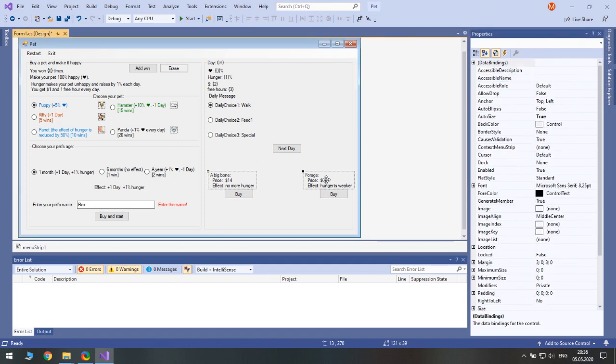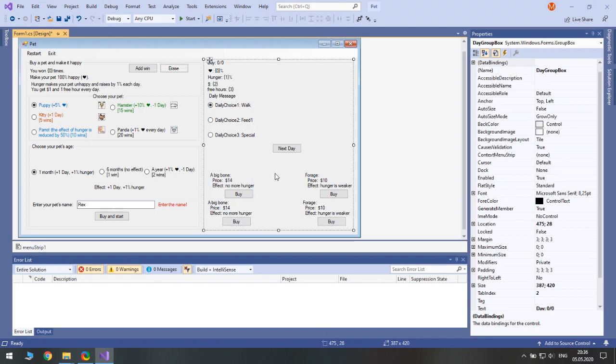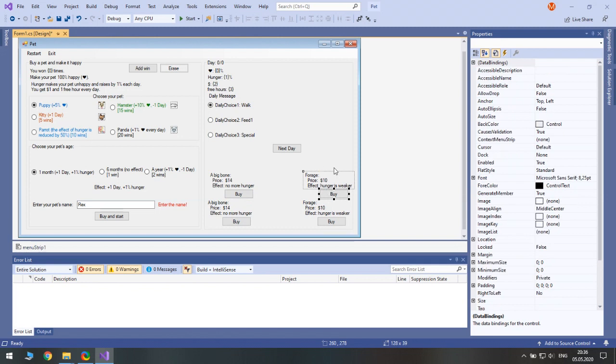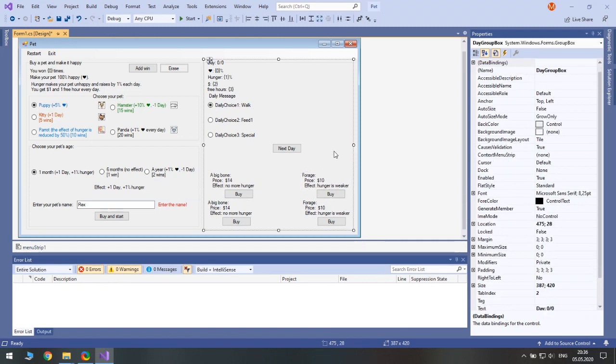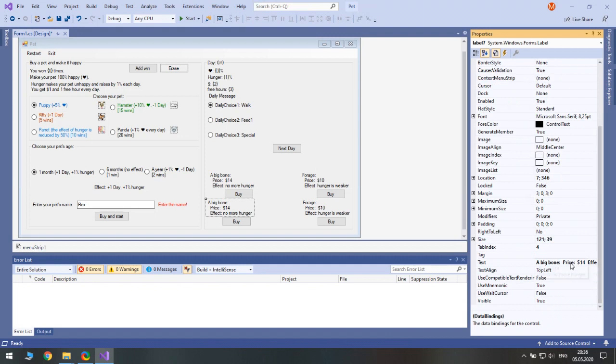Now let's duplicate both of them. For our kitty we will have a toy mouse.